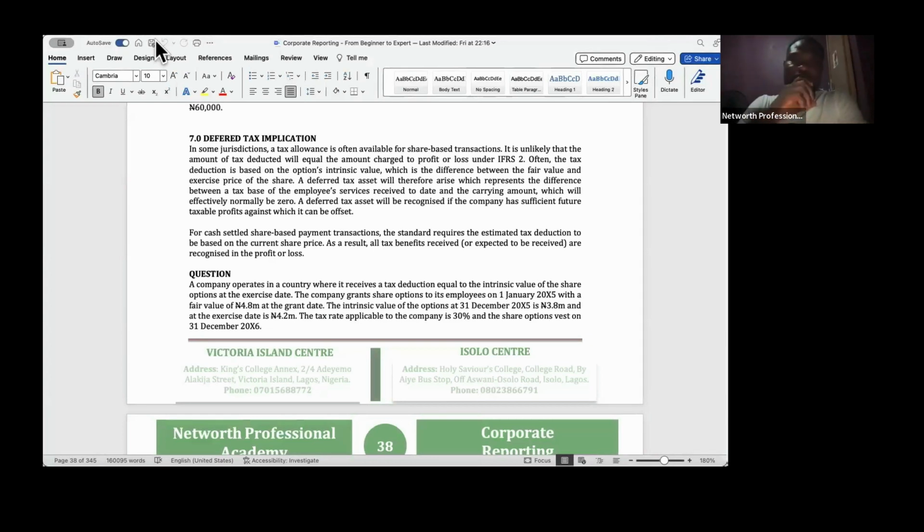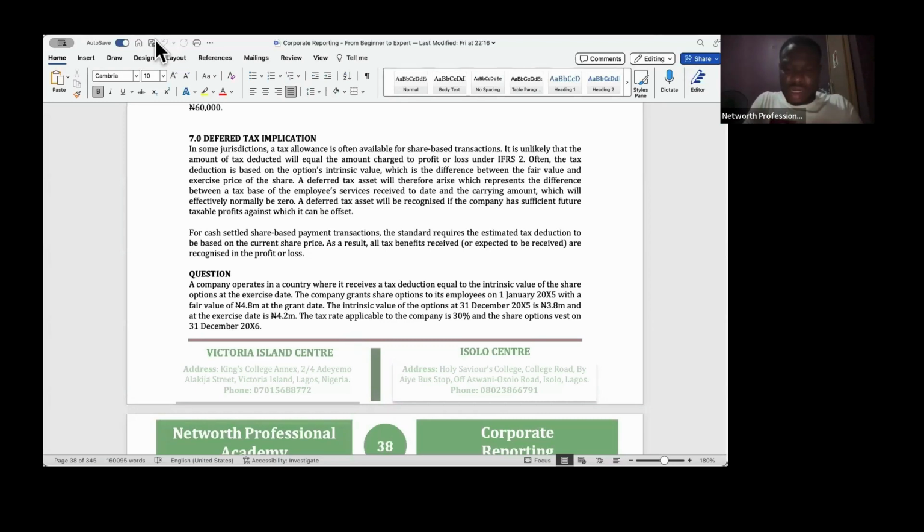It will always be higher than the carrying amount. Therefore, if that's the case, will this now be a deductible temporary difference or a taxable temporary difference? Because that's important. You need to know whether it's deductible or taxable. I don't know how you were taught, but in this case,